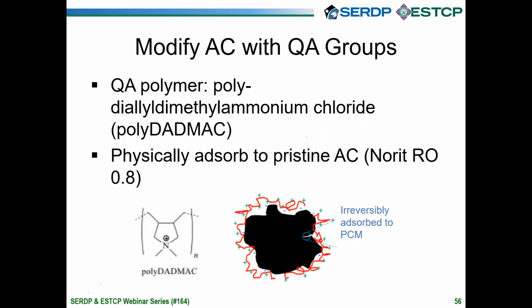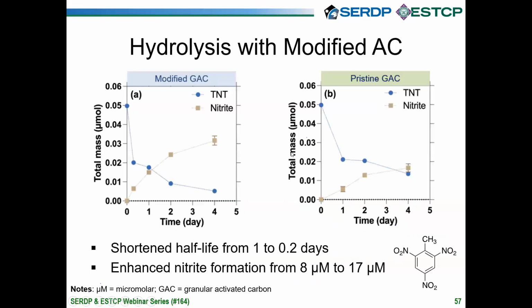So, taking advantage of what we have learned from the polymer network, we then used a QA polymer, polyDADMAC, to modify activated carbon. PolyDADMAC is widely used for water treatment as a coagulant and is considered non-toxic. Here, we adsorbed it to pristine AC to place the QA group on the PCM surface. We then monitored their performance in